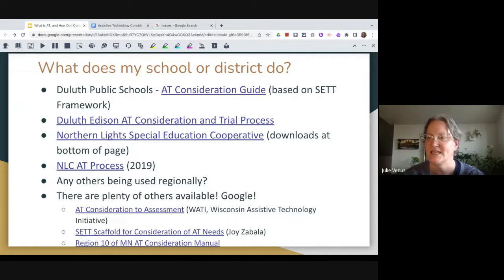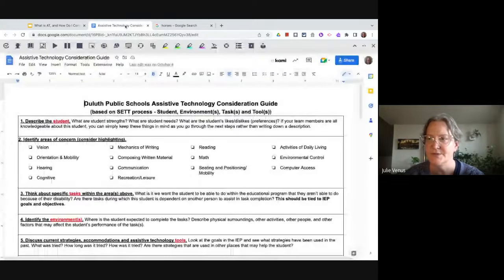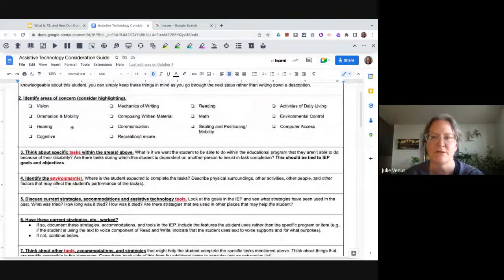There are some other resources at the end of these slides, but I'm just going to show you for a couple of seconds what the Duluth Public Schools one looks like. You'll notice that some others around the region look similar to this, but basically there are some lengthy and more in-depth questions. The first question is just looking at the student. The areas of concern are in the second one. I know this is very small to see, but again, it'll link in your handouts. The third question asks about the specific tasks that you're doing with a student, identifying the environments